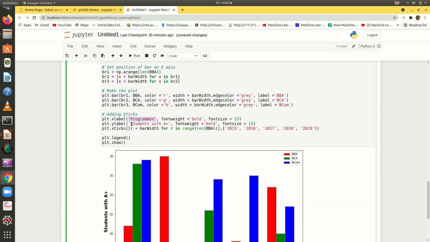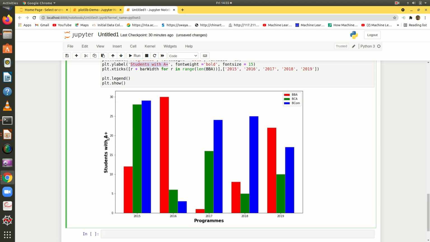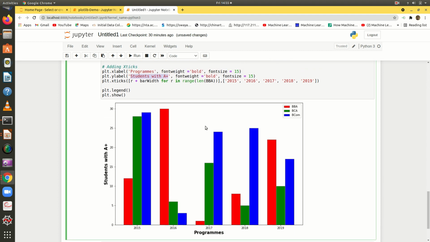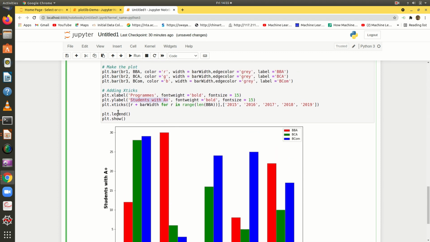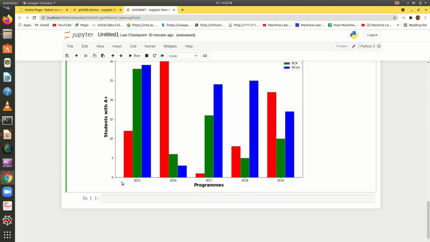Then Y label is students with A plus. This is what you call the Y label, and the font size, everything has been set. Then the X ticks must be having this particular value, 2015, 16, 17, etc.